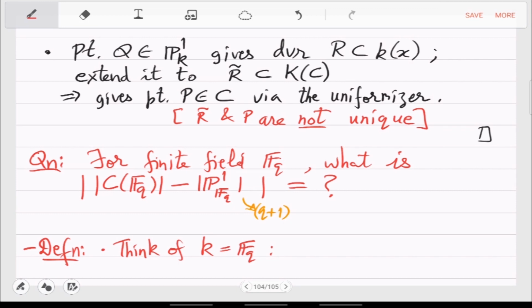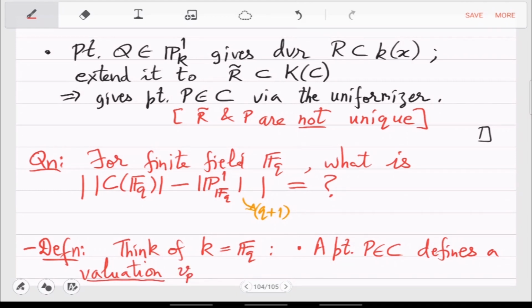So in this case, we need some more definitions because things are not that nice. At least what still holds is that a point P on the curve defines a valuation VP